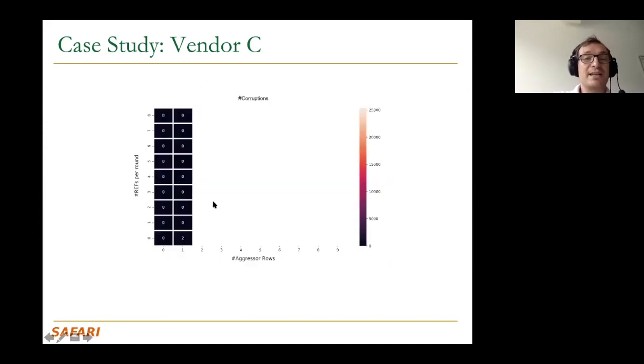So this is a chip from one vendor. There are similar results from all vendors, but basically what we're doing over here is varying n, the number of aggressor rows, and varying the number of refreshes, r. And this is the bit flips. Corruptions mean bit flips over here. This is not a well-made slide, if you will, but it gets the point across. So clearly, this is, of course, a sanity check, right? If you're not